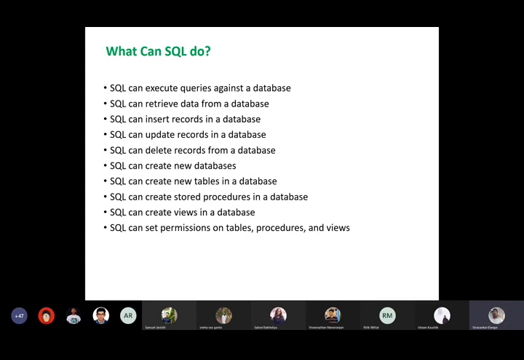It helps you to insert records into a database, right? So it should be possible for you to update the records in a database, and it should be possible for you to delete the records from a database, right? So insertion, deletion, updation operations, and the retrieval of data from a database come under the category data manipulation